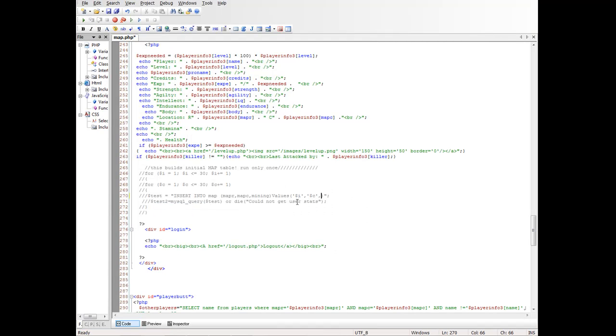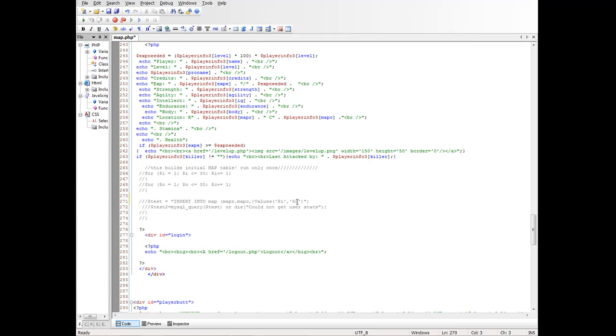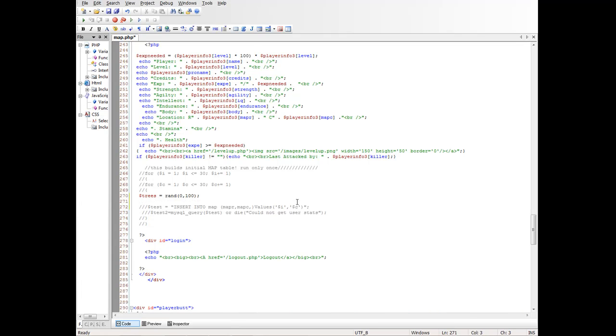And then I would just put, let's say we want 50, and that way it'll make it 50 every time. Now here's what you can do to make things even more dynamic. You can come in here and put a random, just put trees equals rand 0 through 100, and then what we can do is, let's say we have if